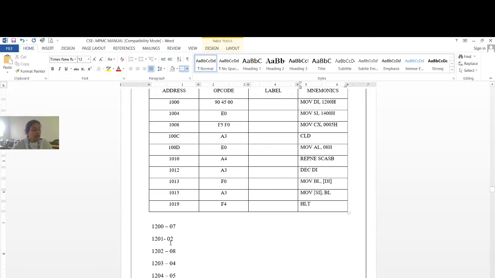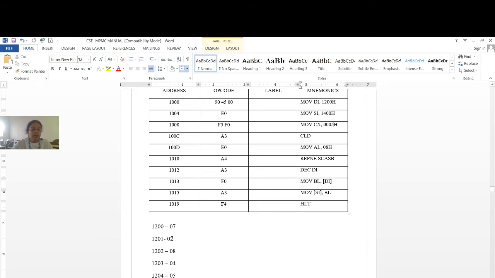First we take 08 and compare it with the first number, 07. Initially DI is pointing to 1200. When you have taken this number, DI will start pointing to 1201. 08 is compared with 07, and both are not matching, so they are not equal and we repeat.